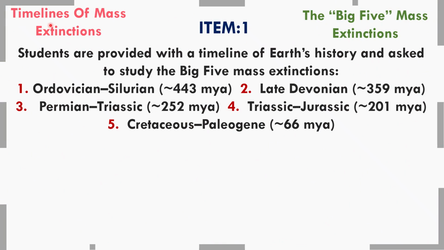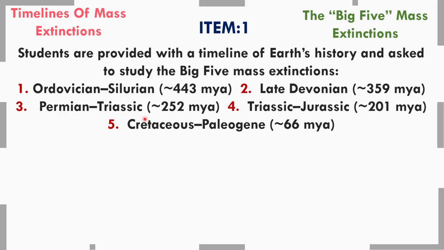Focus on timelines of mass extinctions. We shall look at the big 5 mass extinctions. Item 1. Students are provided with a timeline of Earth's history and asked to study the big 5 mass extinctions: Ordovician-Silurian, approximately 443 million years ago; Late Devonian, approximately 359 million years ago;